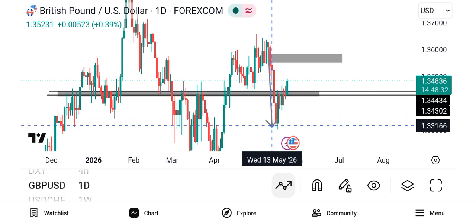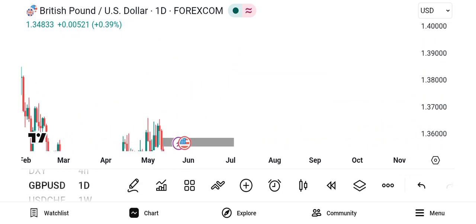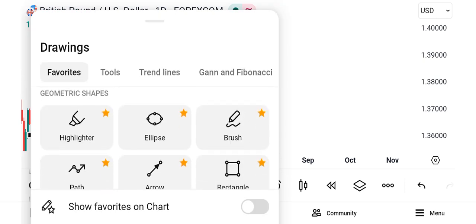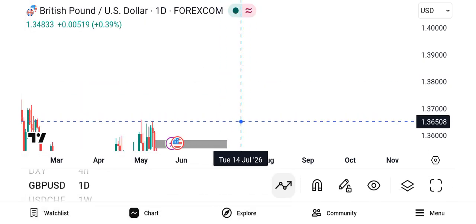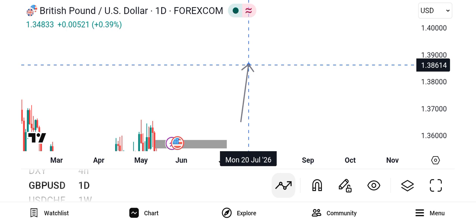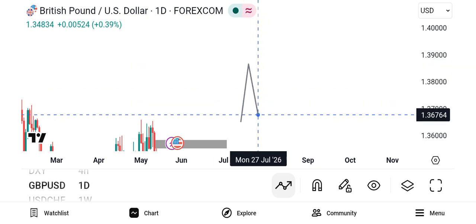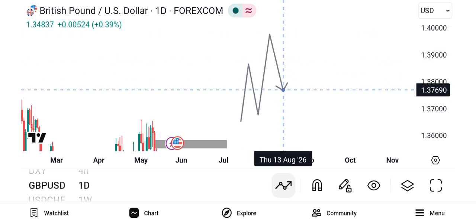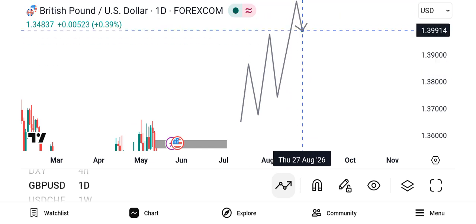And markets don't like moving straight up. Markets like to fill gaps. Markets like to move in waves. Markets don't like just moving in a very linear movement. No, market likes going this way. Whenever it makes a leg to the upside, it will always come back to fill up this particular zone, and it will move again. And it will always come back to fill up zones, then it will move again. That is why it is very difficult to predict the direction of the market.